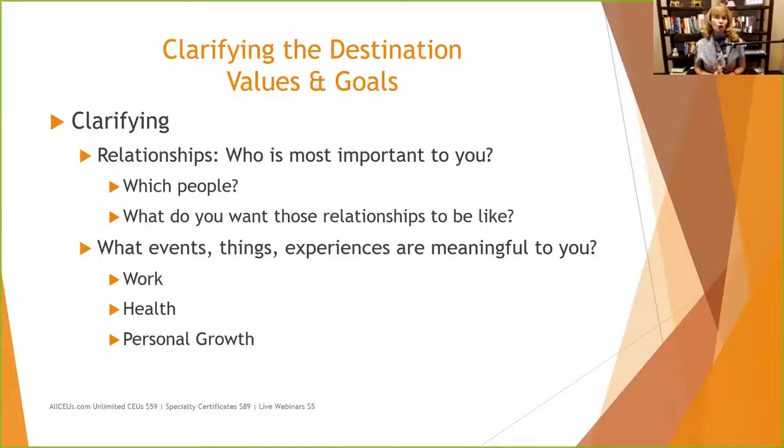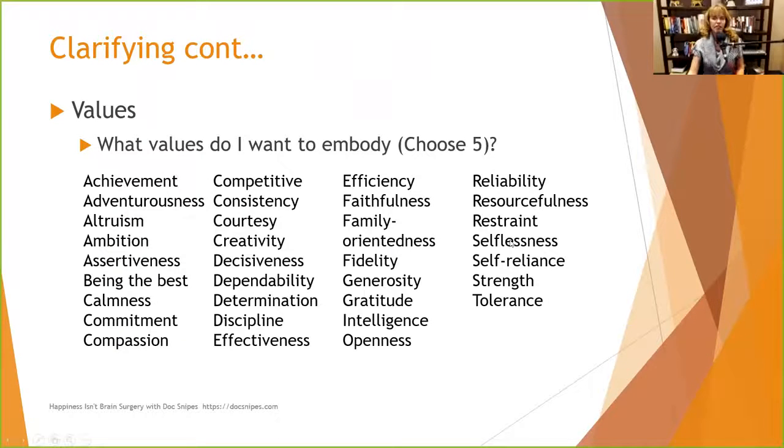And then personal growth. What things are important to you for you? Your spirituality, your hobbies. What is it? When you talk about your values and goals, what is your destination? What does happiness look like for you? And then I say, okay, we've talked about some goals that you've got, some things that you want to see. Now, if we're talking about relationships, for example, what values do you hold dear that you want to portray in those relationships? For example, family orientedness.